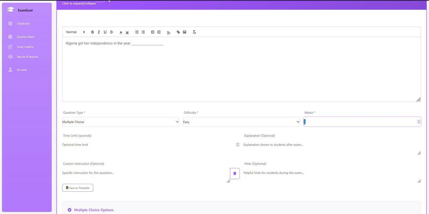So if I'm to create questions for that total mark, which is 20 marks, and I want it to be 1 mark each, it then means I'm going to be creating 20 questions. If I want it to be 2 marks, it then means I'll be creating 10 questions. If I also want to create questions that will have different marks, then I have to take